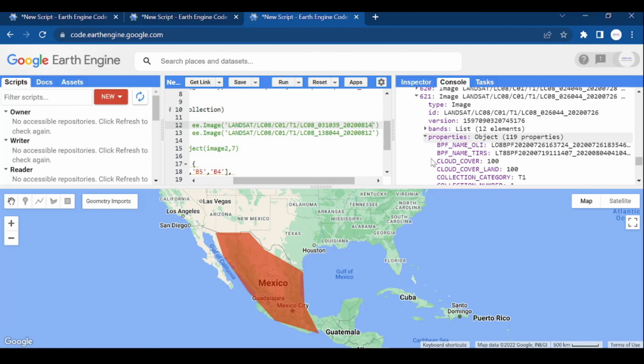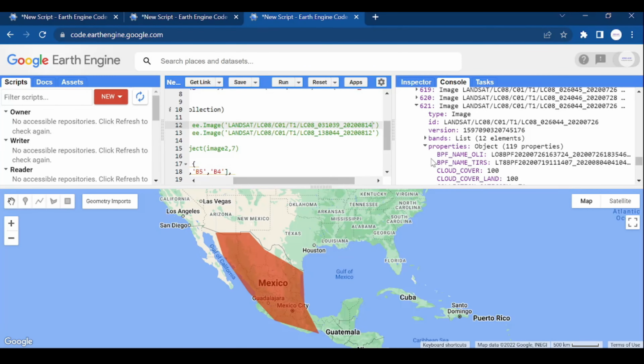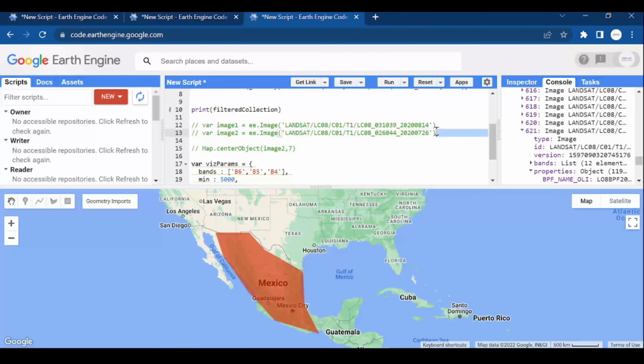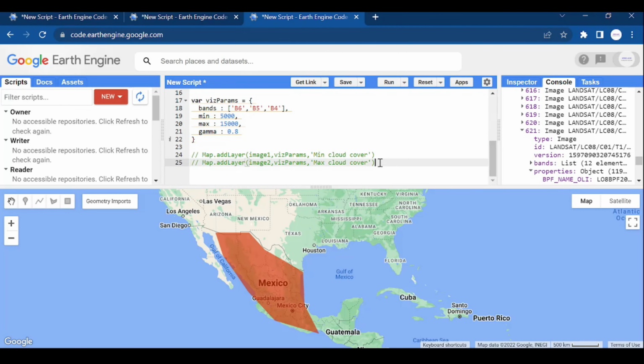let's see the property. Wow, it's totally covered the region. You can see the cloud cover is 100%. You cannot see even the ground. Control V, okay. So I will take back these codes and also this, and now if I run the script,